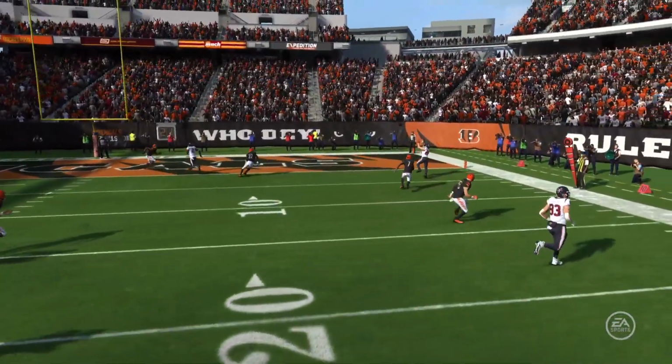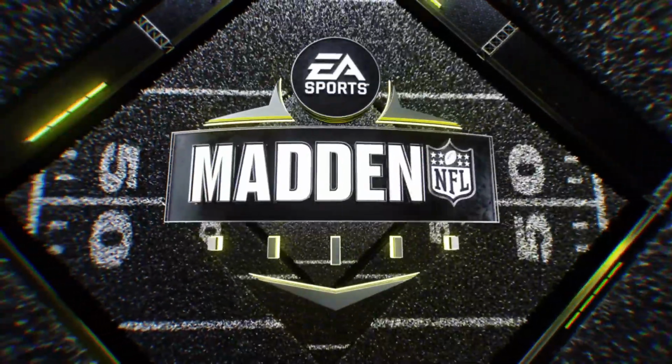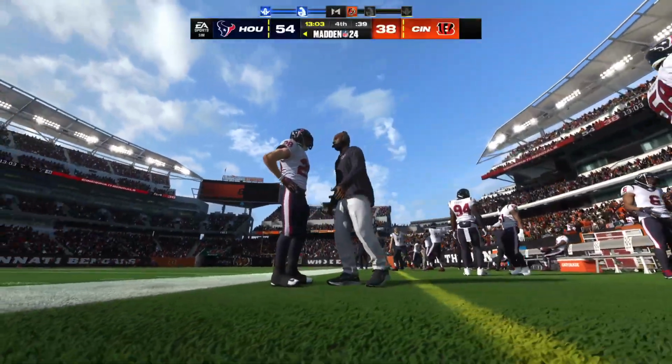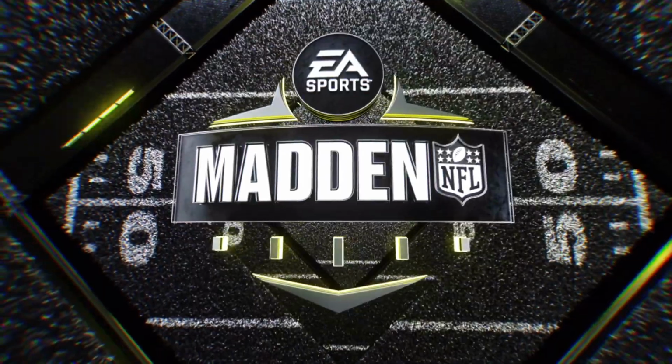Love the math there, and at this point in the fourth quarter, look, we all need next-gen stats, right? We all use them, but we don't need them here, do we? Because that means it's almost a...